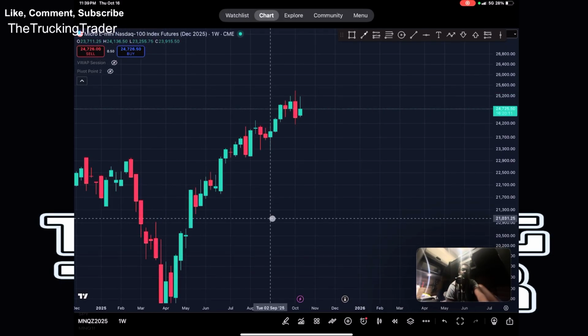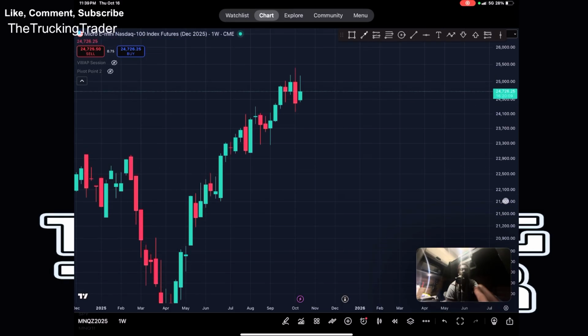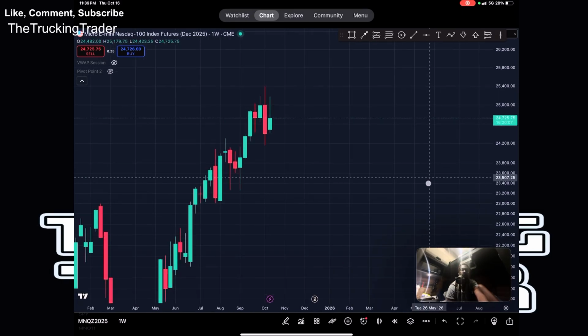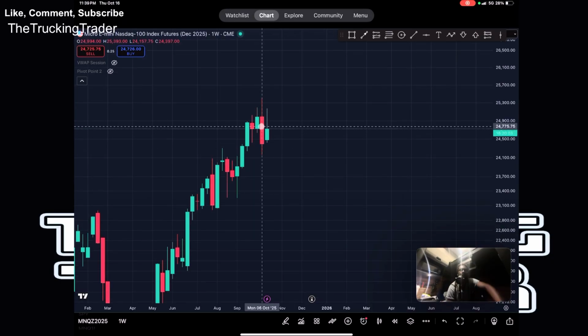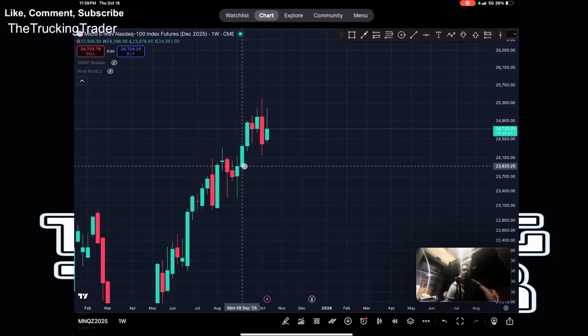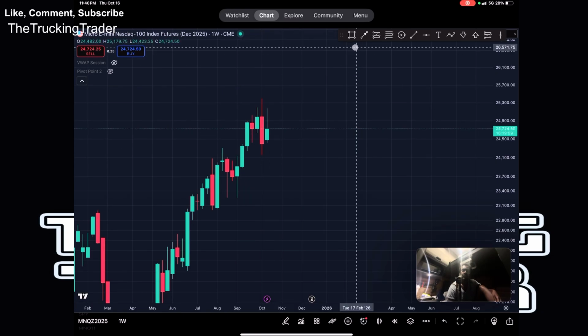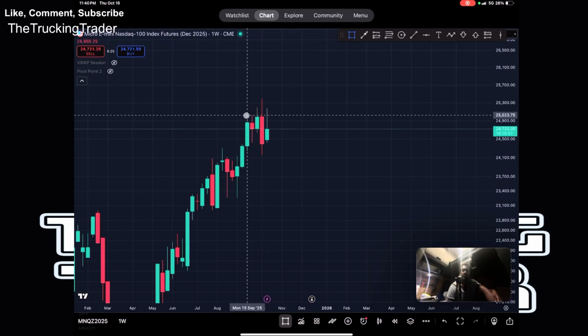Also, sometimes candlestick patterns are important as well, because look at this big bearish engulfing, right? So we have a big bearish engulfing on the weekly time frame, right? So right here,